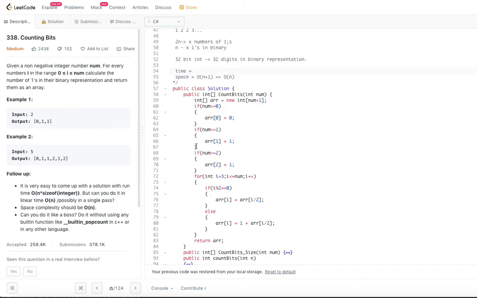So, what is the time complexity? We are going through the entire set of numbers but only one time, right? There is no calculation of counting the number of 1 bits, in this particular case, just like we have in approach 1. Now for this case, we are just going through the numbers starting from 0 to num. So, the time complexity will be similar to order of n plus 1. Since we are going to remove the constants from the big O notation, it will be order of n. So, the time complexity is also order of n and space complexity is also order of n for this particular problem.